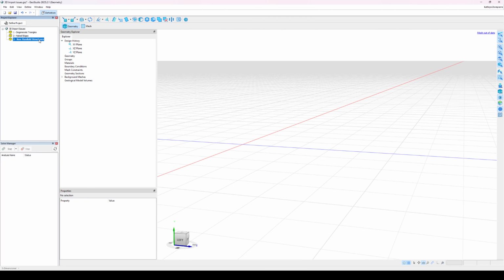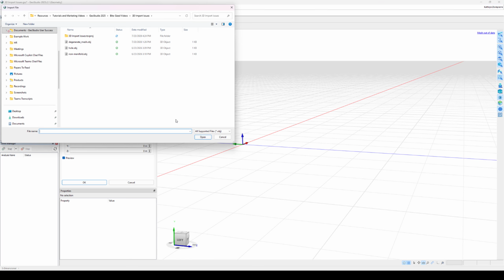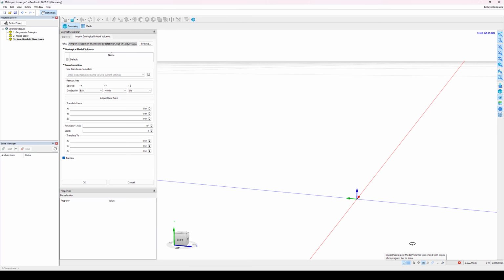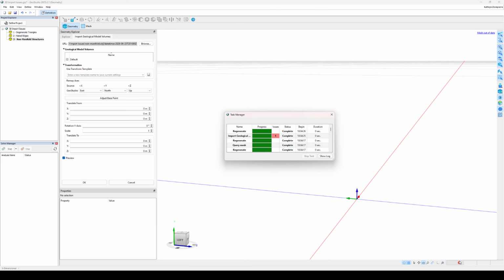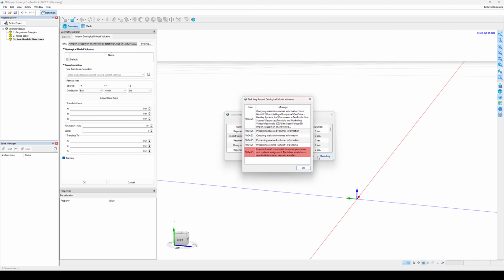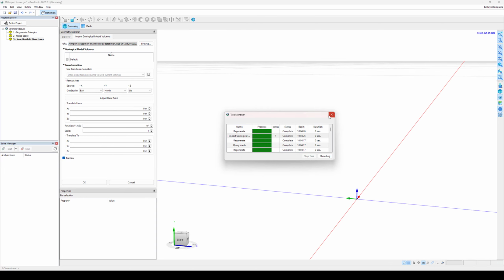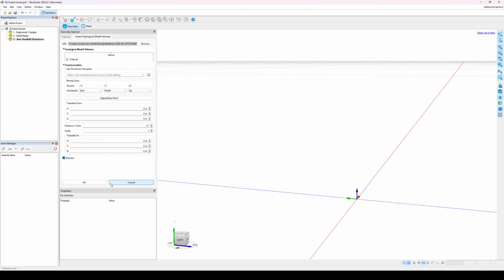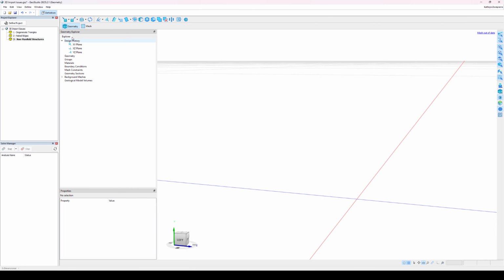Finally, let's take a look at a mesh with non-manifold structures. When importing the file as a geological model volume, I now see in the Task Manager that I have an error message indicating that the file has non-manifold structures. When imported as a background mesh,